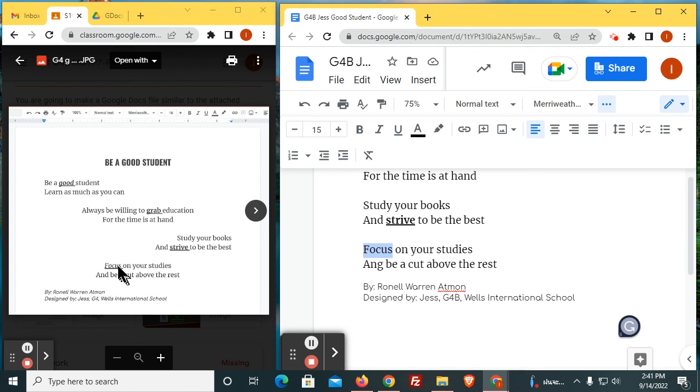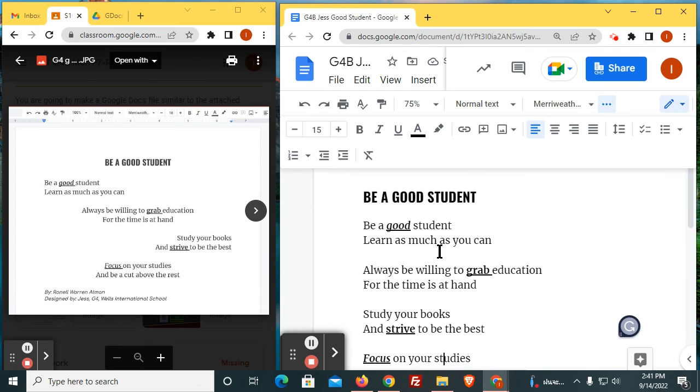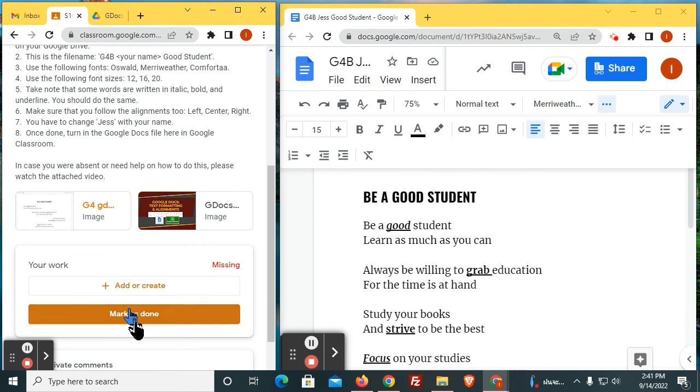I think it's bold, underline, and italic. All right, are we done? Not yet. We still have these words here. As you can see, it's italic. So I will select those, and then I will click this. Now it's italic. All right. So we're done doing the